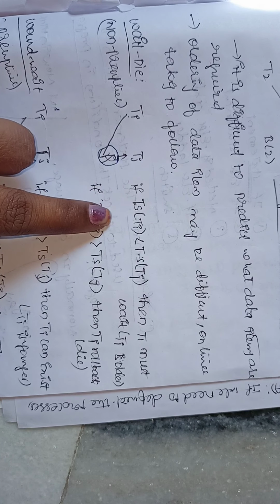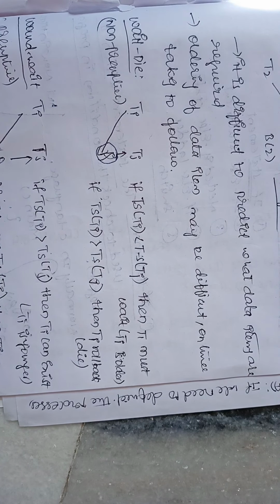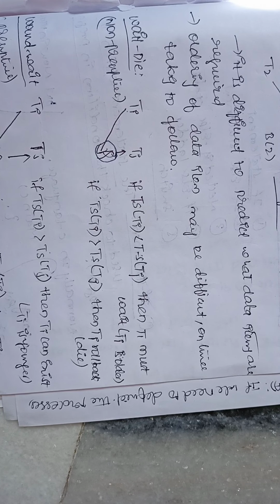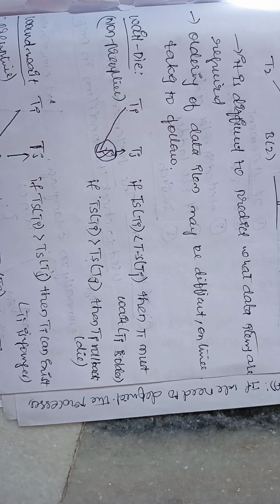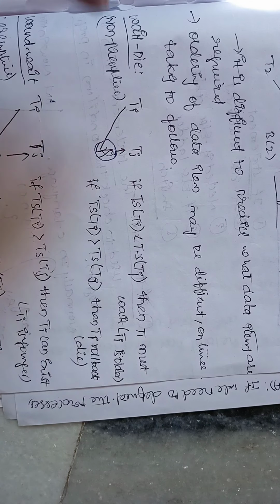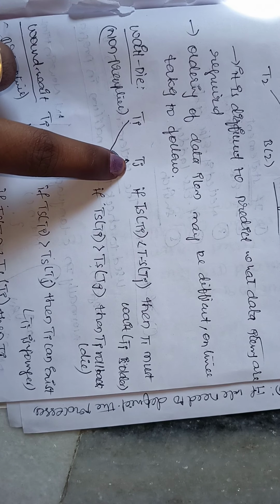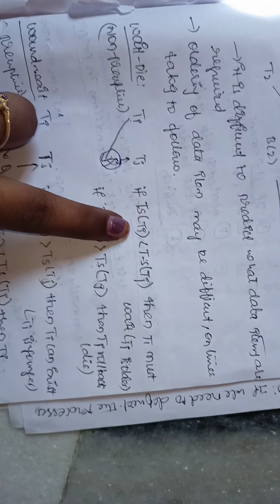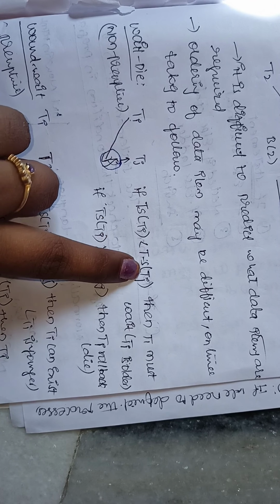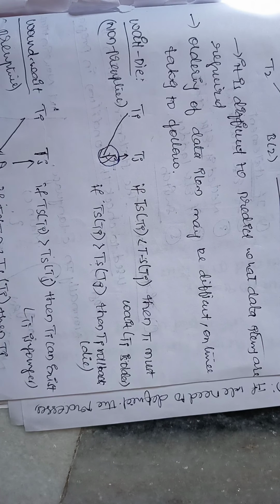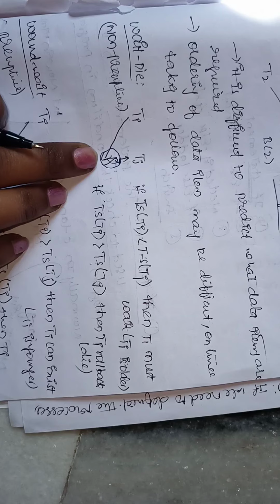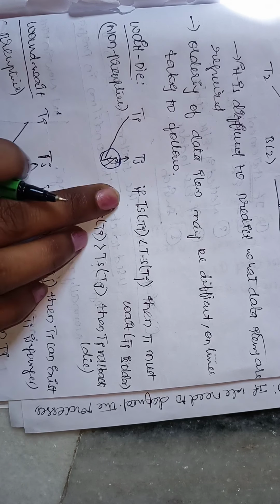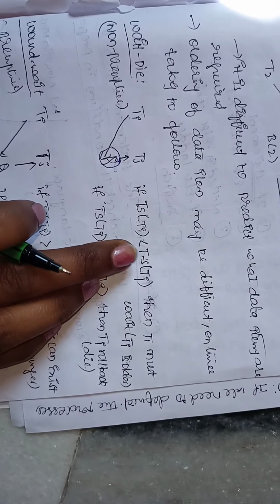I already discussed the timestamp: suppose any transaction is executing a particular data in the database, we are going to allocate a particular time to that transaction. That time period is called the timestamp of the transaction. So TI will get a particular timestamp, TJ will get a particular timestamp. If the timestamp of TI is less than the timestamp of TJ, you know that TJ is already holding the resource, and TI is a new one that wants to get the resource.